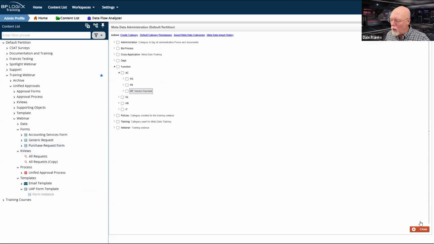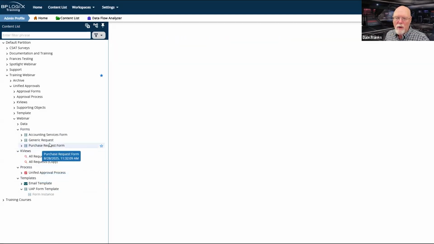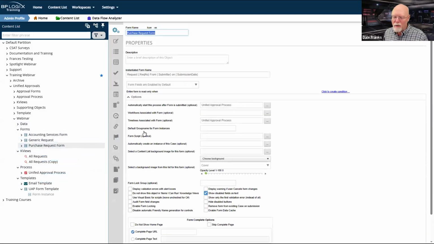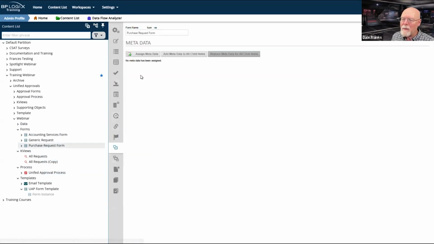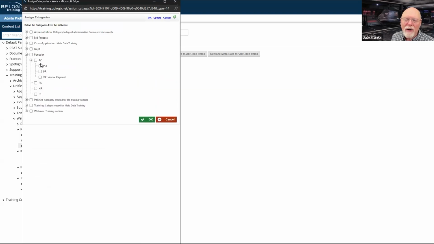That does require that I set the appropriate functions here. So for this particular form, I would need to go to the metadata tab and assign the appropriate metadata to that. So this would be function. The function is AC.